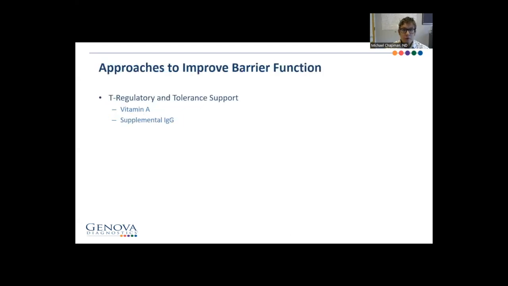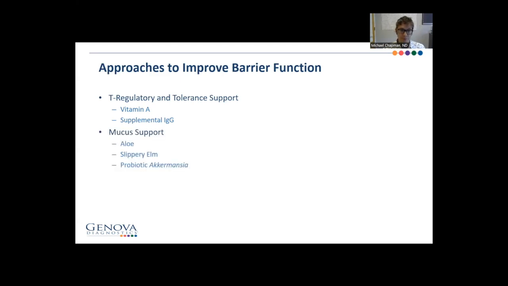How do we improve barrier function? So we have this sort of T regulatory and tolerance support, right? That's part of making sure that everything coming in is safe, all that assessment that's happening. Like I said, vitamin A might be something to think about. And I also think about supplemental IgG, like our bovine immunoglobulins. That's a really great way to improve barrier